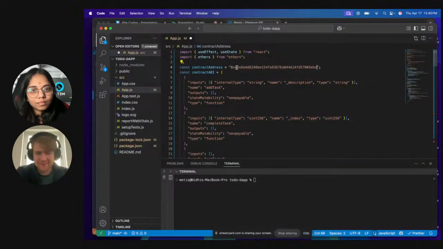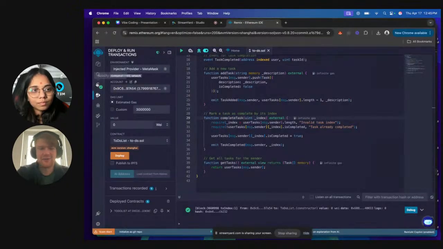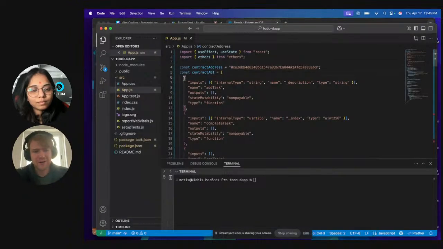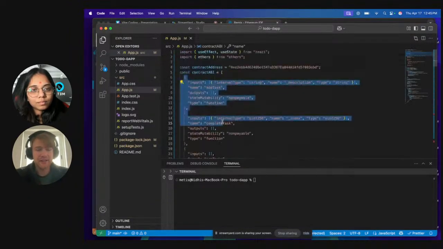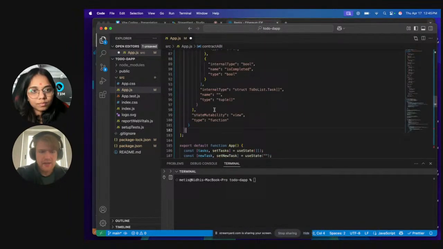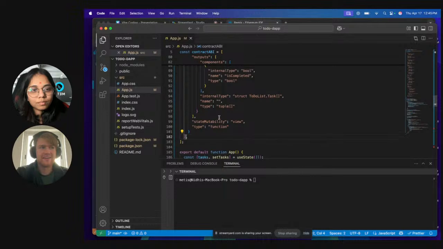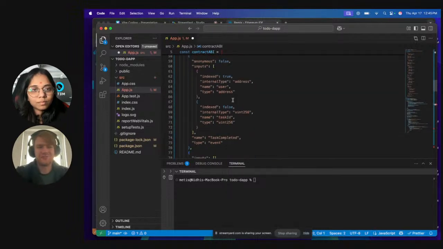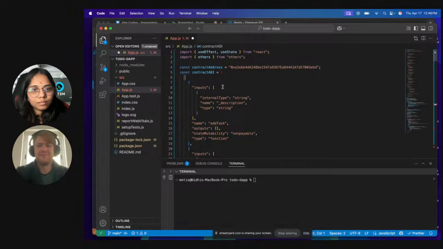So rather than going with the Cursors or the Windsurfs or the Copilots directly, if you're just starting out, this is a great way to get iterative feedback so that you know what the overall issue of what you essentially just vibe coded is.